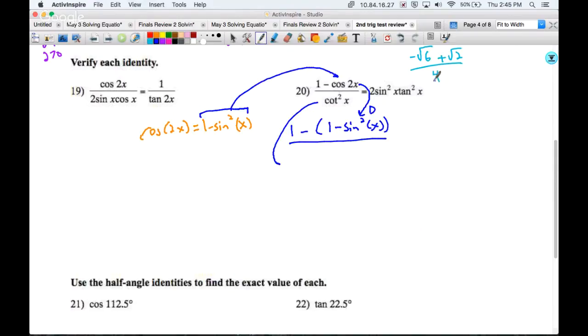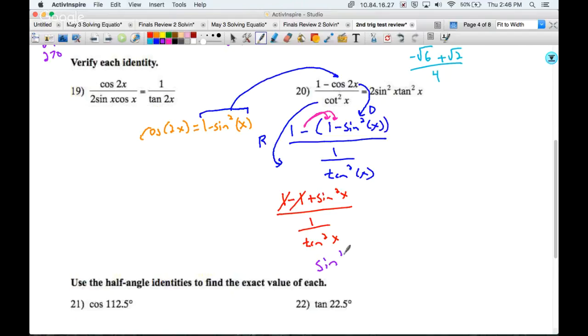I can see a tangent squared over here, so I'm actually going to use a reciprocal identity on that one so I can get the tangent squared to make this a 1 over tangent squared x. All right, and this one actually comes together pretty quickly. That 1 distributes. These 1's cancel out. So I'll write it 1 minus 1 plus sine squared x all over 1 over tangent squared x. The 1 and the minus 1 cancel out, copy dot flop, and we're going to get